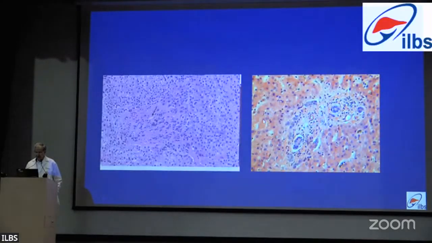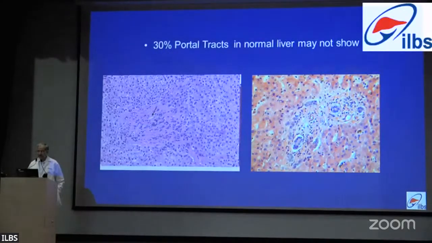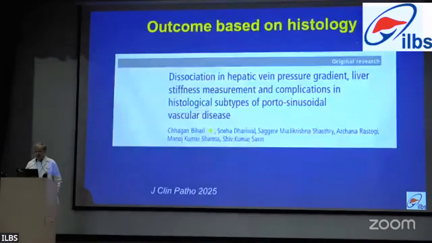These slides are provided to me by Dr. Chagan. So this is a normal liver biopsy according to them, but portal veins are not seen so well. But otherwise, in 30% of the liver biopsies, in the needle biopsies, portal vein may not be seen, and you will say, oh, this is obliterative portovenopathy, which is not correct. So Dr. Chagan published this very important paper, which is not enough cited.